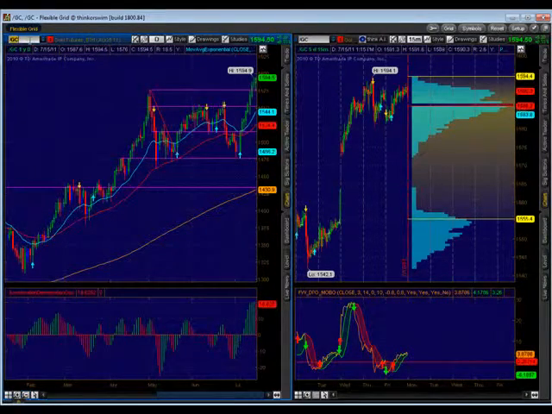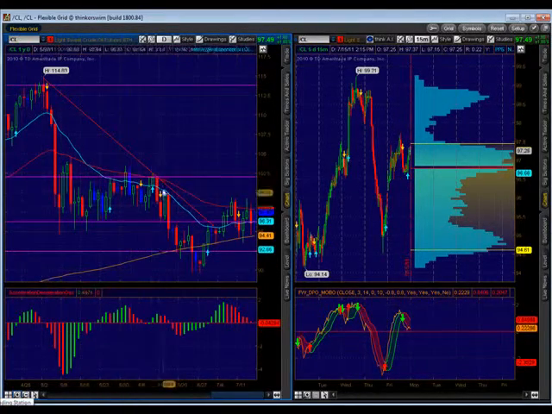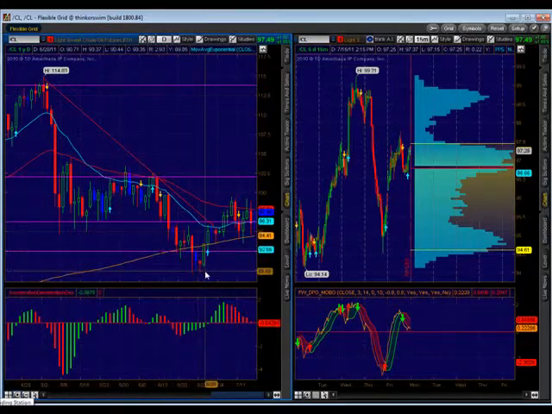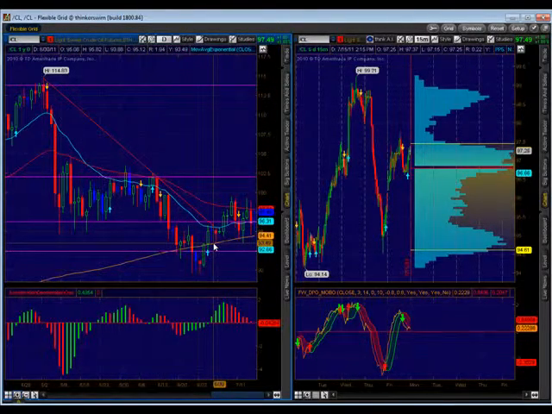Finally, we'll go to crude oil. This is just getting back into the consolidating range mess that it was in before. We were here for a mess, we had the strategic release, and now we're getting back into this mess. So I would stay out of oil for right now.